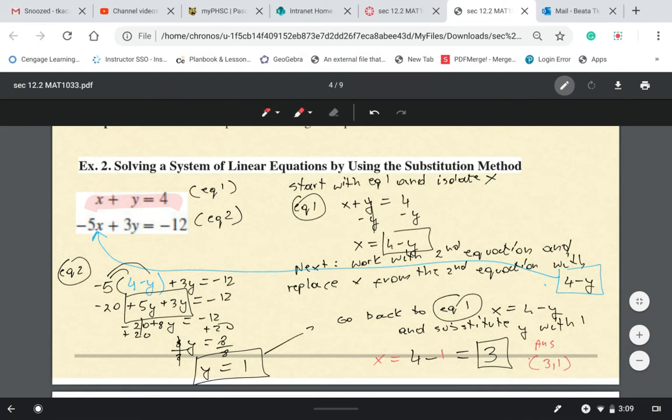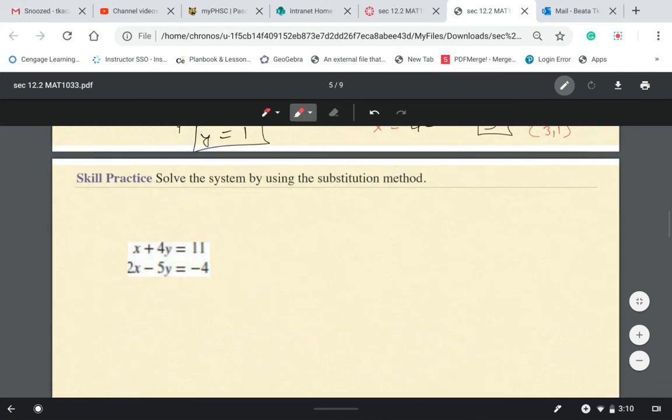So the idea is to start with picking the equation which looks easy, solve this equation for one of the variables, like I did right here, and then start working with the second equation, substitute, in our case, x with 4 minus y, solve the second equation for y, and again, you have to go back to what you did in the first step, which is substitute back again. It looks like many steps, but I think you guys can use them. So this is one way of solving systems